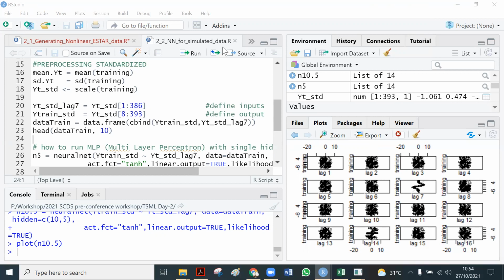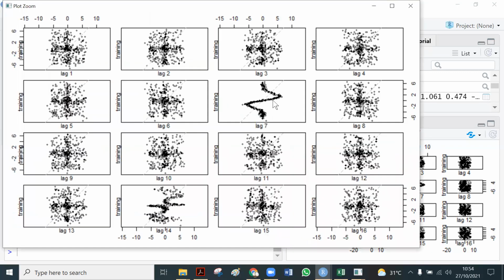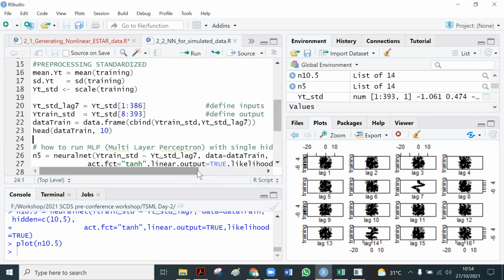It is also possible. So either way, you can use the determinant. Yes, we can use the scatter plot of the lag, or we call this lag plot, or we can use the partial autocorrelation function. Remember yesterday, the autocorrelation function is the tool to identify the moving average model.